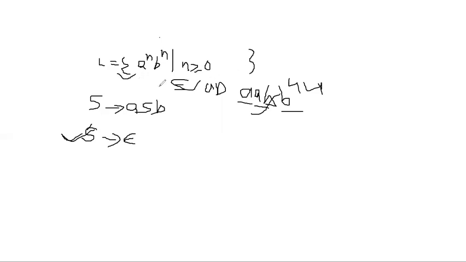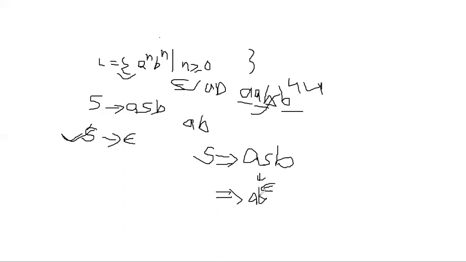But earlier, n greater than 0 means if n equal to 1, then the answer is AB. N equal to 2 means use S implies ASB one time and substitute S with AB. But here, n greater than or equal to 0 means if n equal to 0, no A and no B should appear, then directly take S implies epsilon. If only one AB is there, then take S implies ASB one time and replace S with epsilon, because epsilon is also there. Then finally we get AB.